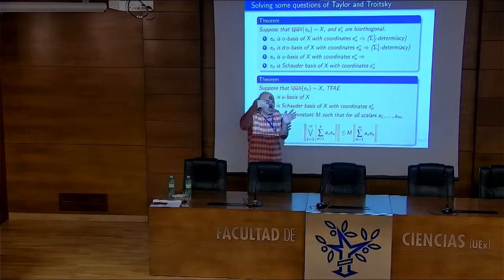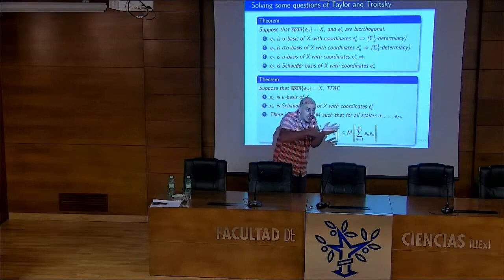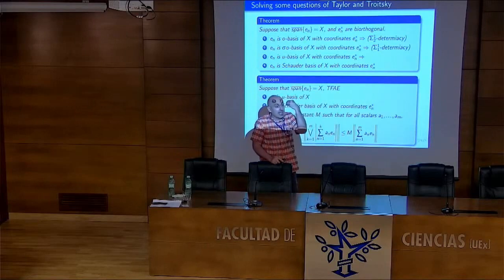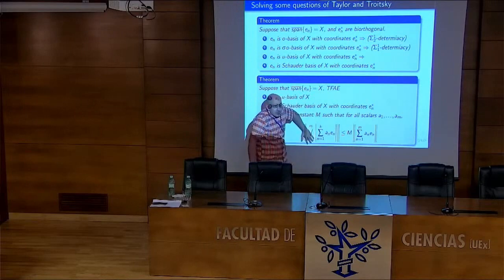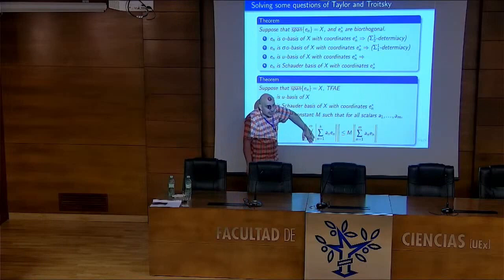And you all know that the projections on the first coordinates are continuous and actually are bounded by a uniform constant, this constant m. If I don't have here the supremum, I'm just saying that there is a basic constant. But of course, if I have this inequality without the supremum for all k, I could write the supremum outside. Because if you have the inequality all the time, you can put the supremum.